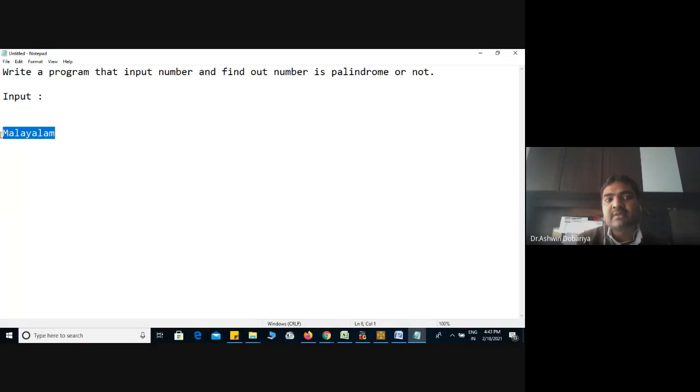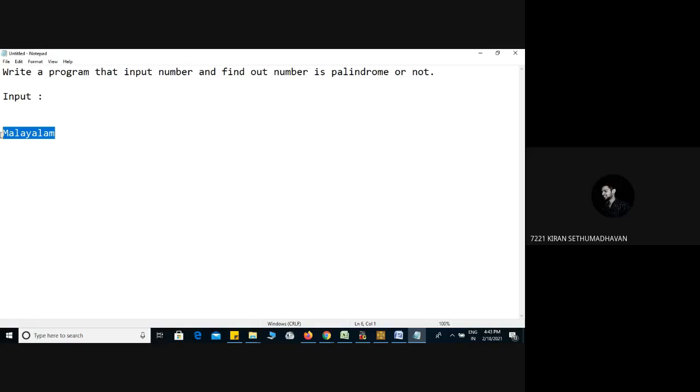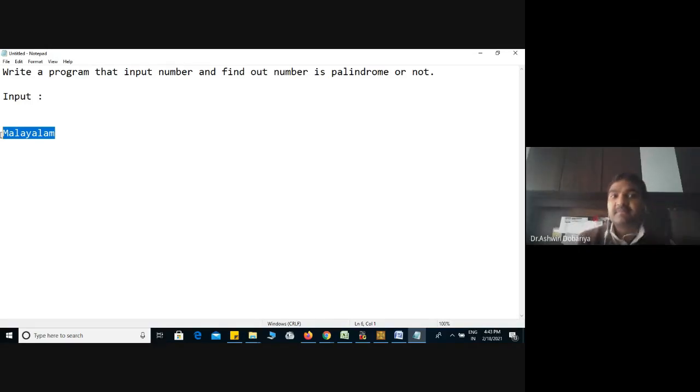What is the pronunciation from both sides? The same. Malayalam, Malayalam. So this is the character palindrome or string palindrome. This string is a palindrome string. Now I think you understand.